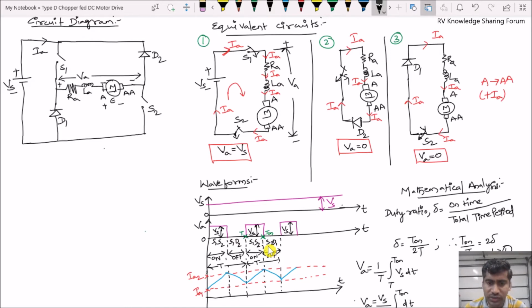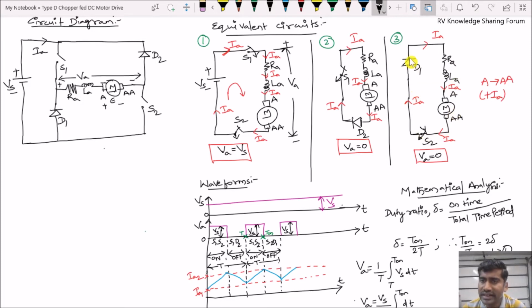That means now switch S1 is in turn off position and the diode D1 forward biases. So now the switch S2 and the diode D1 are conducting. Now what happens to the current flow? Let us discuss. Here the current flows from the motor to the switch S2 and the diode D1 and again to the motor. So this is drawn in the equivalent circuit 3. The energy which is stored in the form of magnetic field in the armature inductance flows through the switch S2 and the diode D1 and again to the motor. That means in this condition the current is freewheeling.